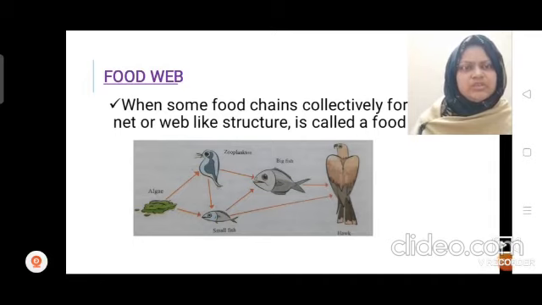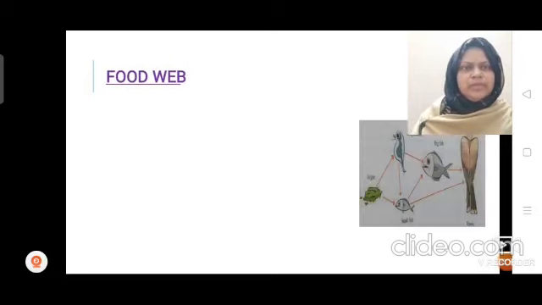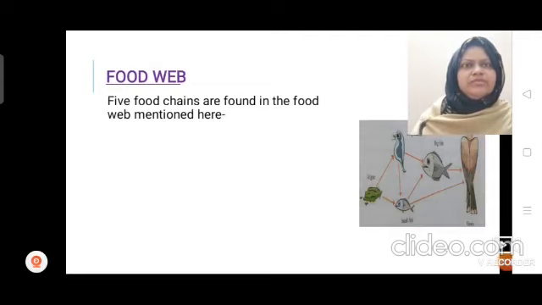Again, small fish and big fish consume the zooplankton, and big fish consume the small fish, and hog consume the big fish and small fish. 5 food chains are found in the food web mentioned here. The food chains are